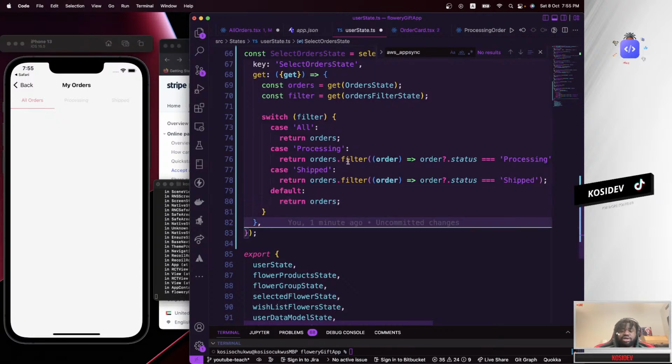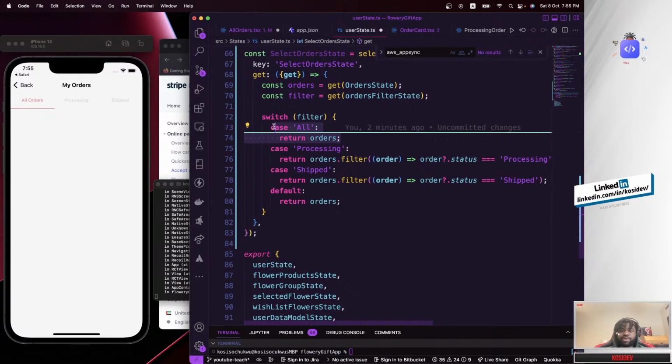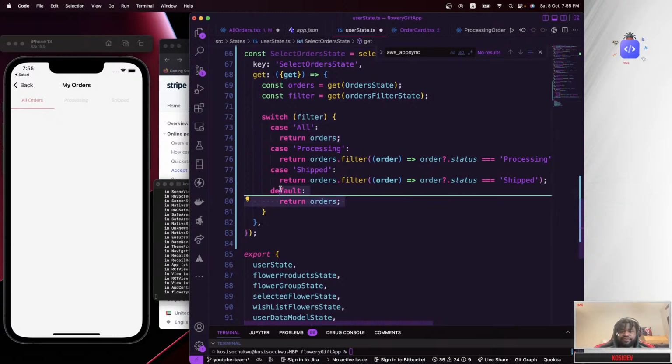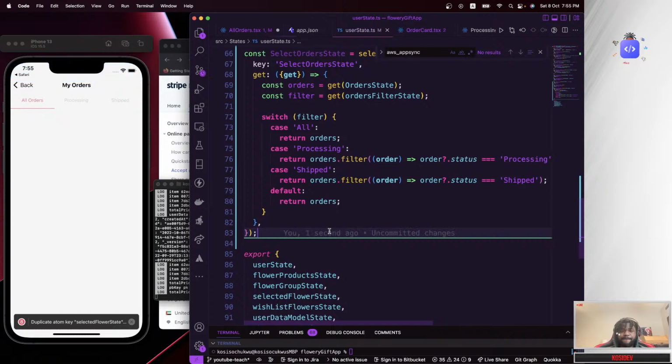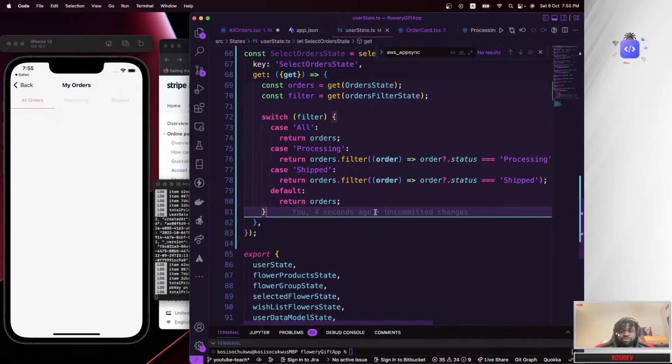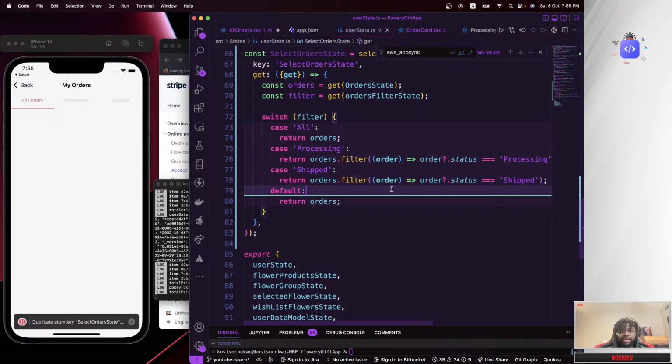We could actually remove this part and replace it with this part, but in this case we don't need to. We can just keep this part and pass in a default statement to our switch case. So we save that.